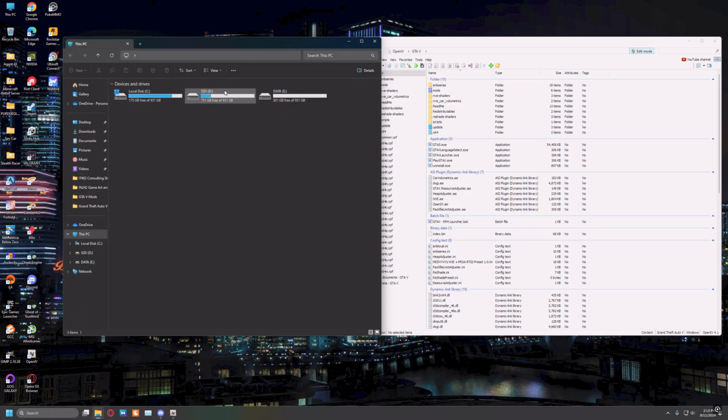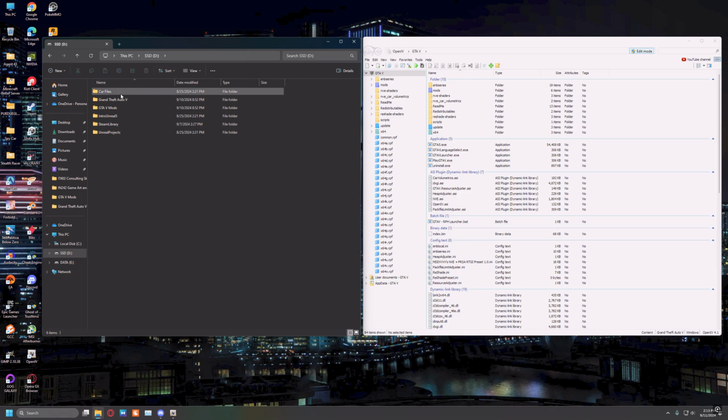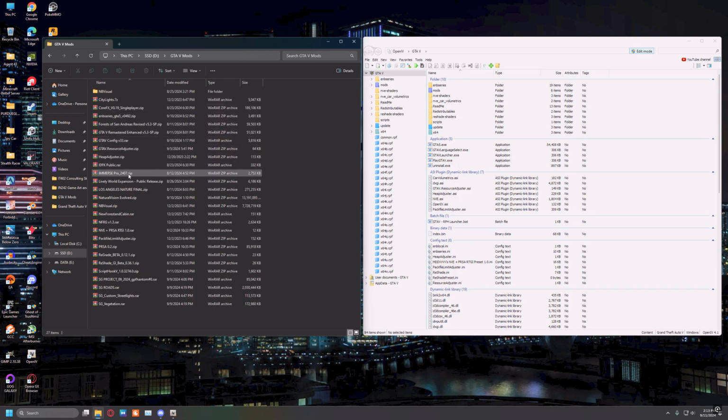So the mods I'm using today are the Natural Vision Evolved mod from the August build. I'm also going to be using the NVE visual. That mod's been discontinued and the creator is not updating it anymore. And I'm also using the City Lights mod, as well as the Forest of San Andreas revised and GTA remastered enhanced. And I have a few other mods to make sure my game doesn't crash on me, which is the